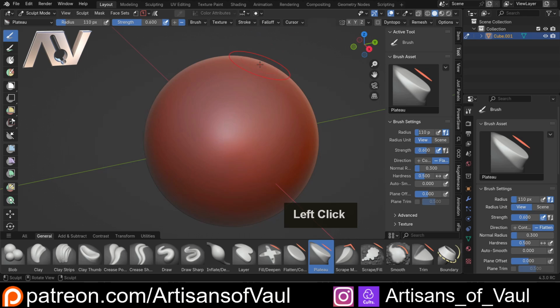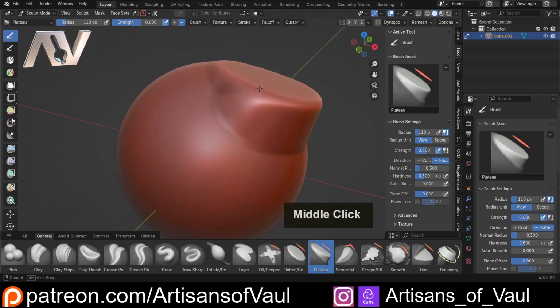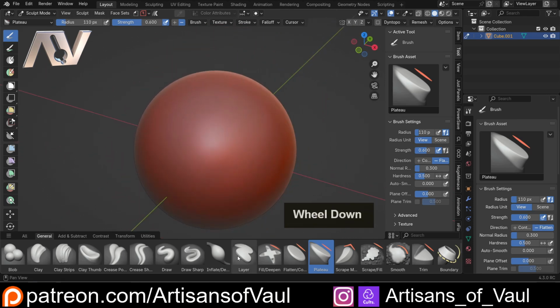Whatever I click on here, it's basically going to take a tangent of that, and then it will create a plateau that follows that tangent wherever I go. So we get this perfectly flat plateau along that original angle, which is really cool. So there are some new brushes to explore as well, but that's not really what we're going to be covering today. The main thing that I do want to focus on is how we make custom brushes or save our